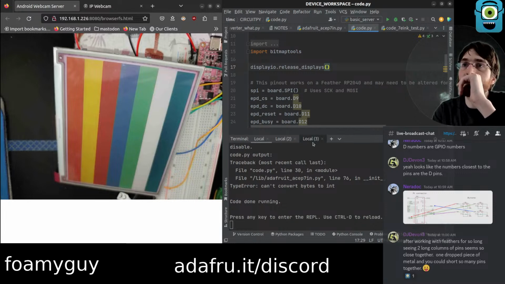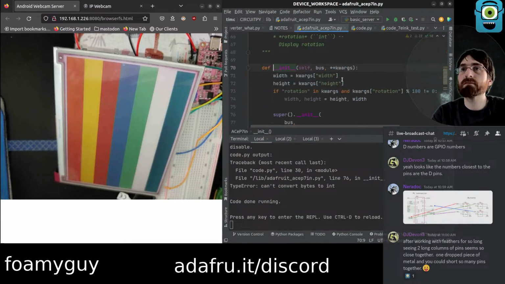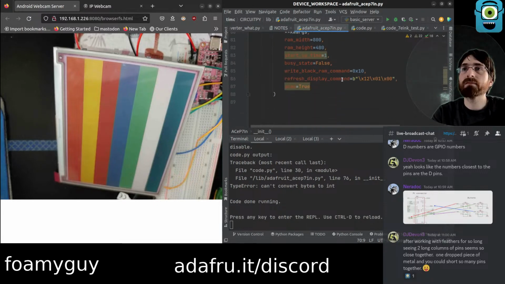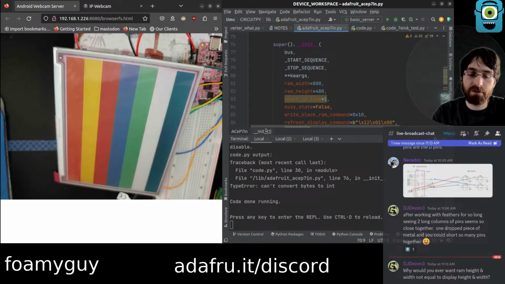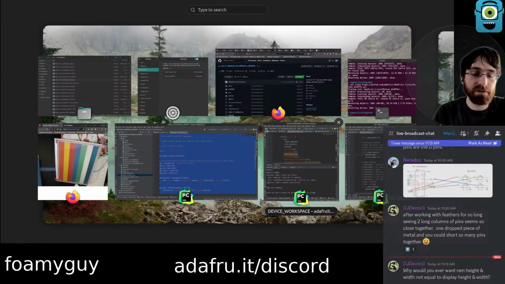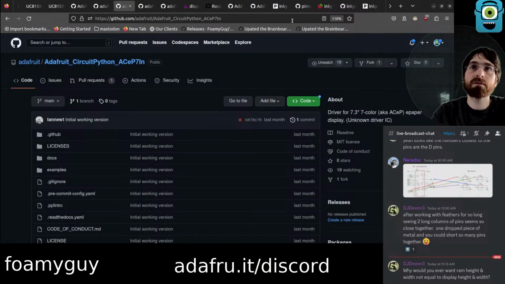Word in bytes. Oh, word in bytes. Bytes to int rather. I think that I need a new CircuitPython. I think I need that new build. It has actually been merged in now. I think we could get it from circuitpython.org instead of